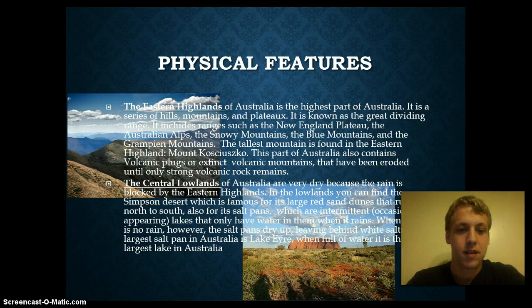Physical features. The Eastern Highlands of Australia is the highest point of Australia. It is a series of hills, mountains, and plateaus. It is known as the Great Dividing Range. It includes ranges such as the New England Plateau, the Australian Alps, the Snowy Mountains, the Blue Mountains, and the Grampian Mountains. The tallest mountain is found in the Eastern Highland, Mount